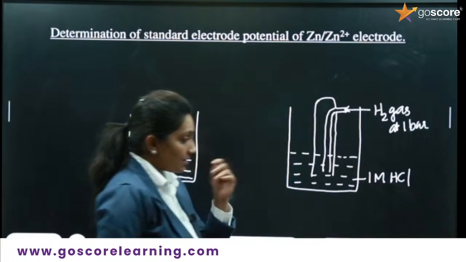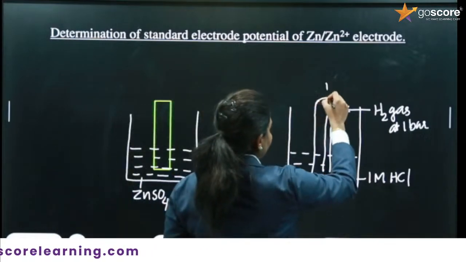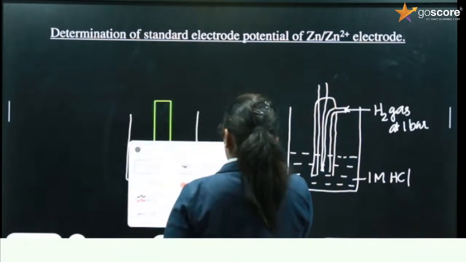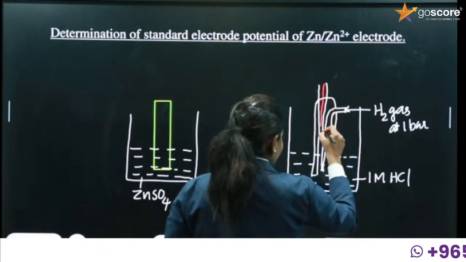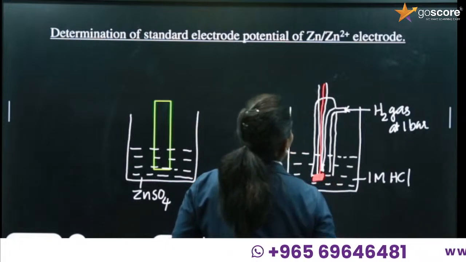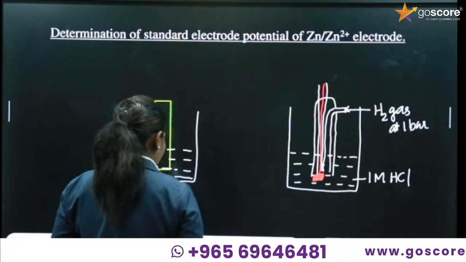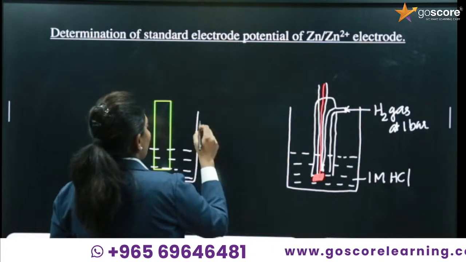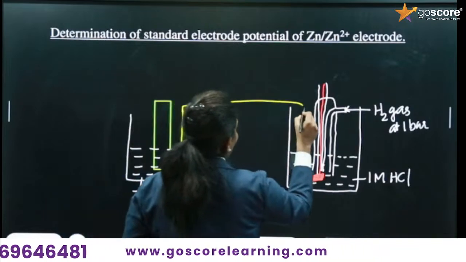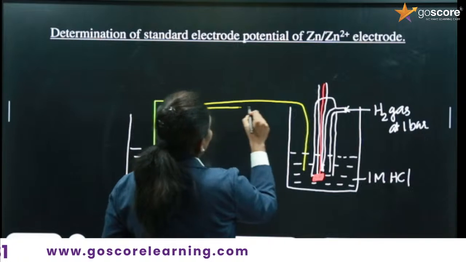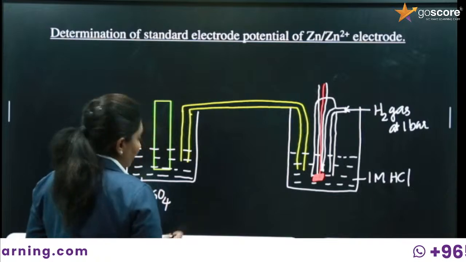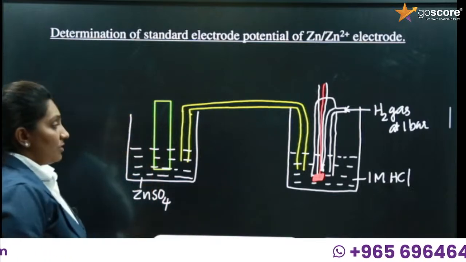Okay, the hydrogen gas at 1 bar pressure, and there will be a connecting wire with a platinum ending. And we know that in a cell we have to connect the two cells using the salt bridge. Why we are using the salt bridge, the importance of salt bridge, everything we have discussed in the first part. So we are connecting the two half cells using the salt bridge,